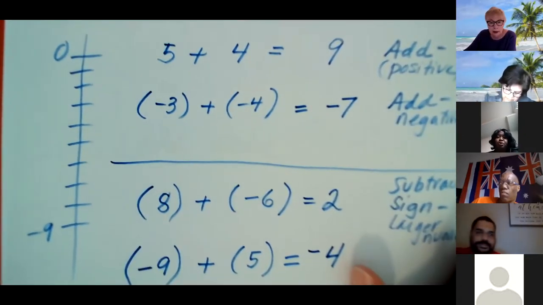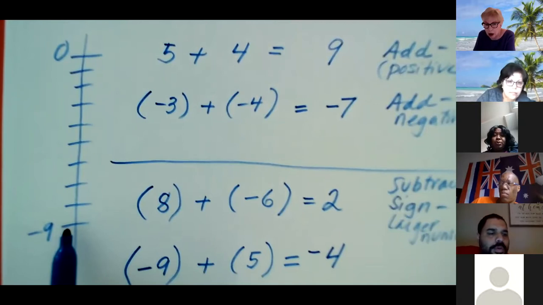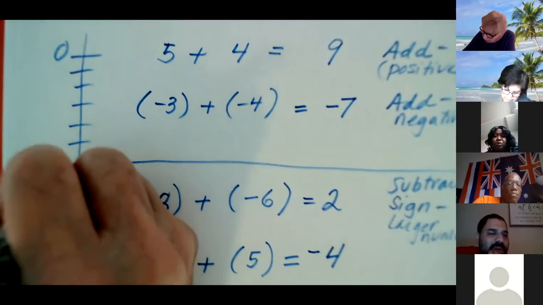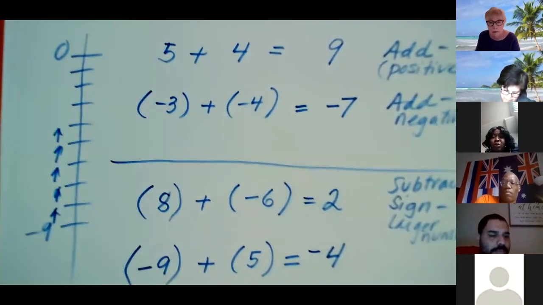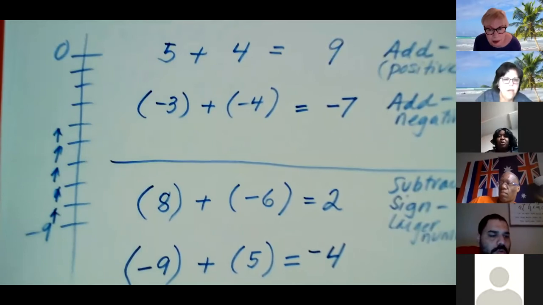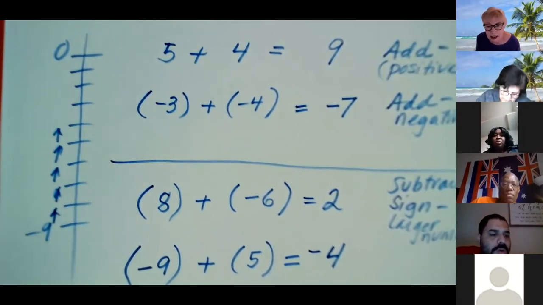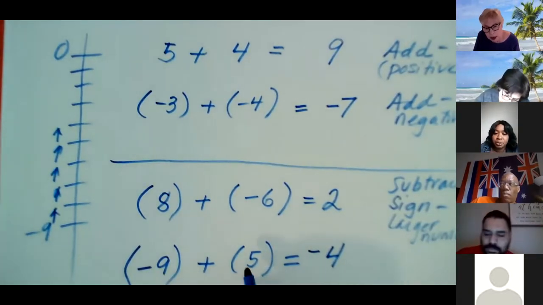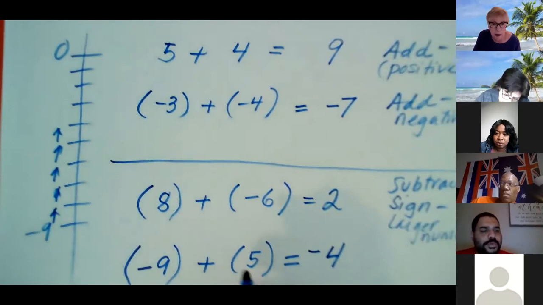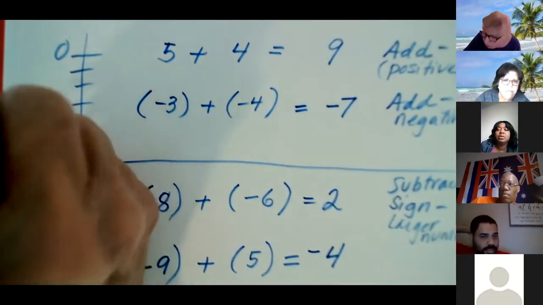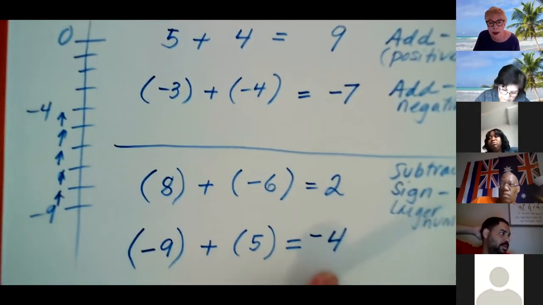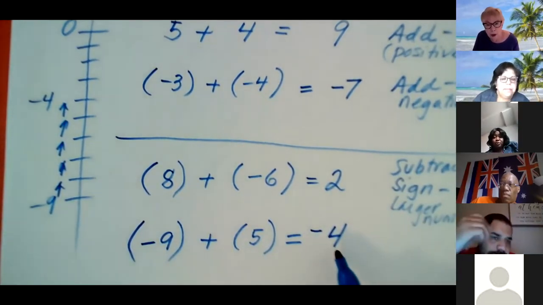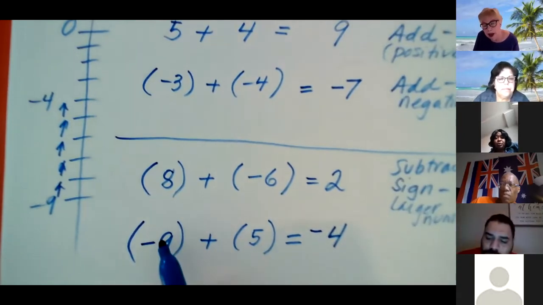Here's -9. So that's my starting position. If I add 5, I'm going in this direction. I still didn't make it to 0, did I? No. I didn't add enough. Whether you think of it as money or temperature, it doesn't matter. You didn't make it to 0, but we did make it to -4. And you can quickly do these by subtracting 9 and 5, getting the 4, but then realizing that it's still